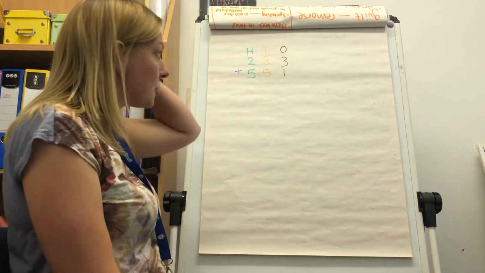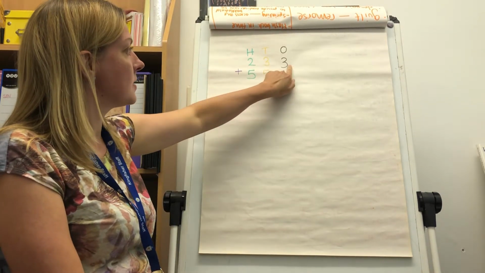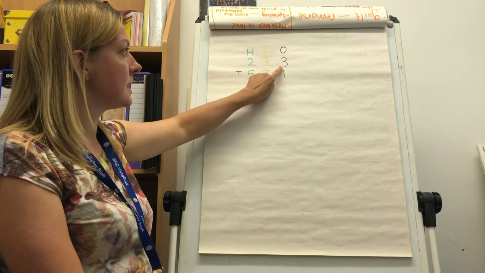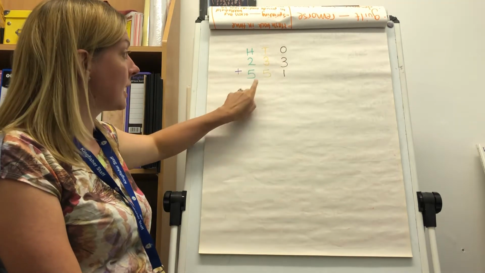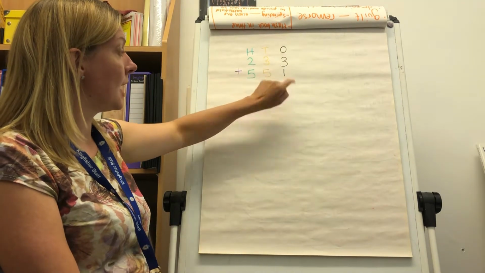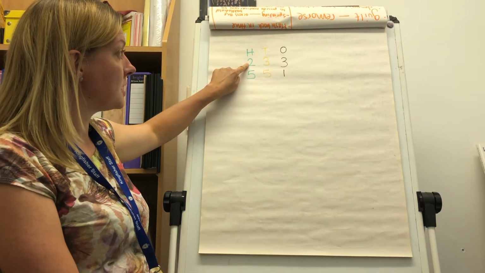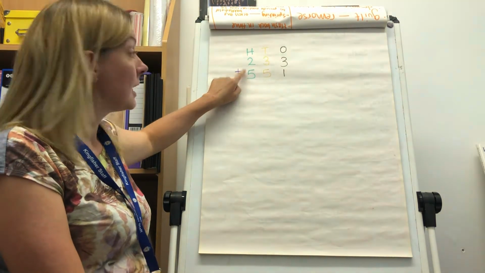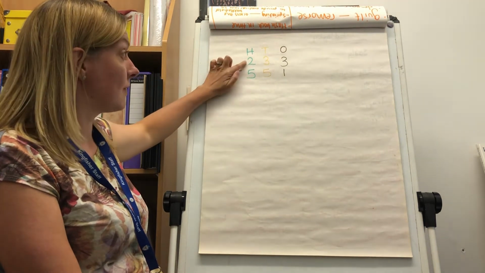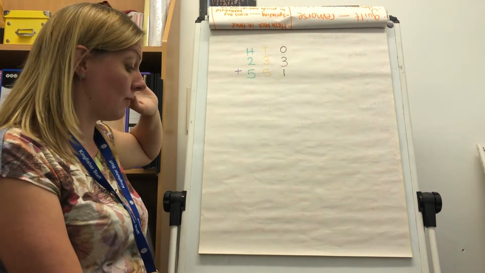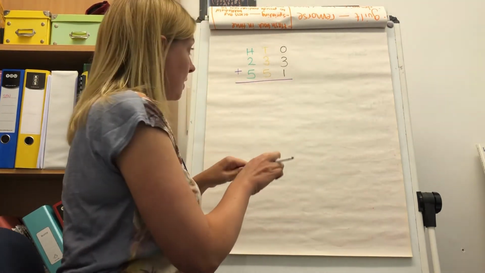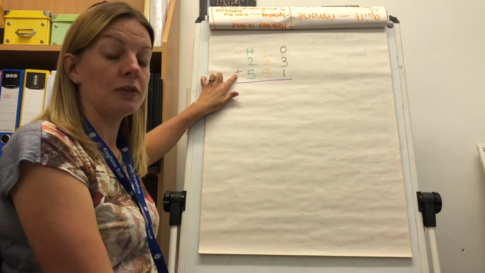Okay, so let's have a look at the 2 3-digit numbers that I've got. My first number says 233. My second number is 551. So I've got 233 and 551. Now because I am adding, it doesn't matter which way round I'm doing it. I can have the smallest number first or I can have the biggest number first. It doesn't matter. So have you written